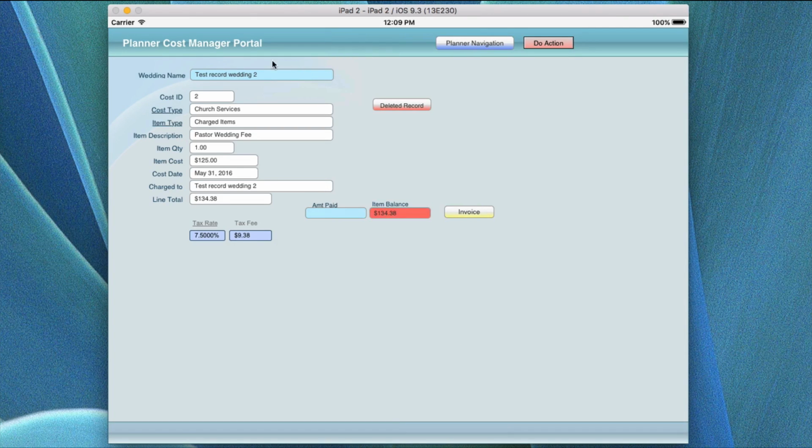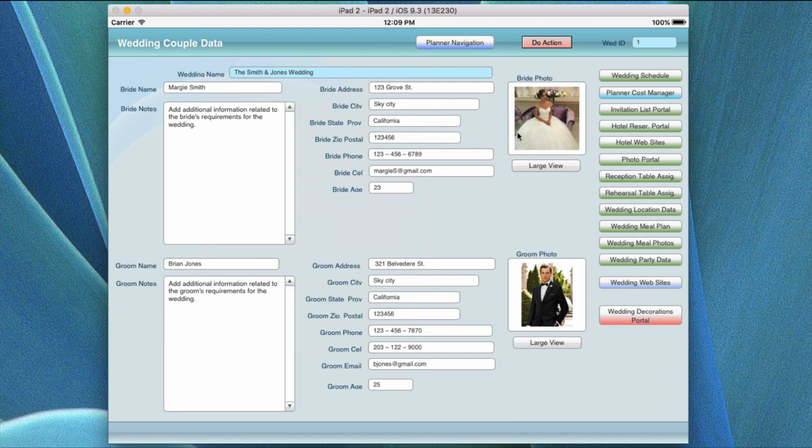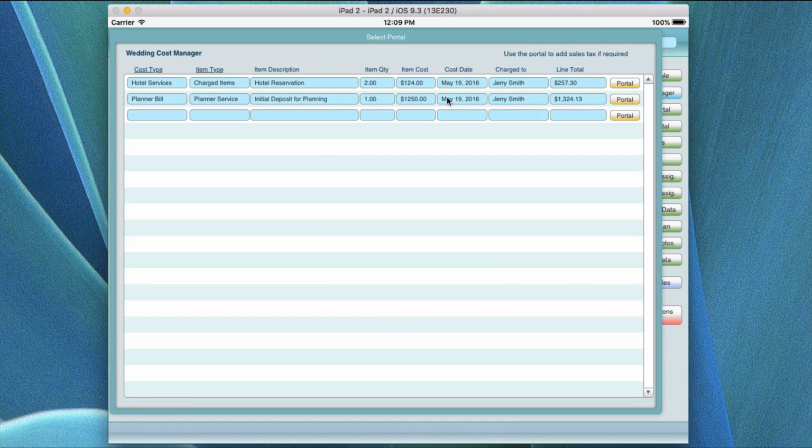portal. And in this portal, we'll be coming back to this when we're actually working in the planner and the cost management. But what I want to show you, there's more data in here. Now the cost manager is actually in this screen, and here's the planning cost manager right here. And if I click on that, you'll see that in this screen it's going to produce as many records as there are cost items that you're tracking, and you can have multiple tracks as far as the cost planner is